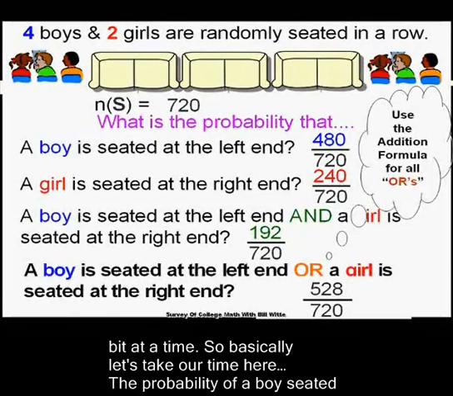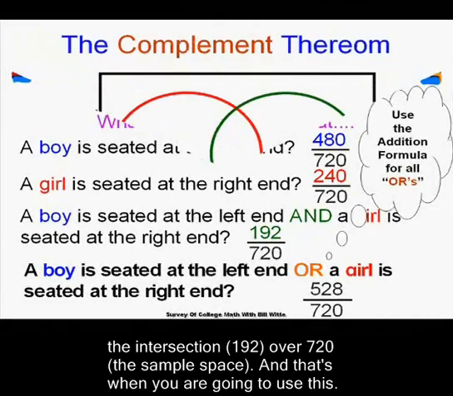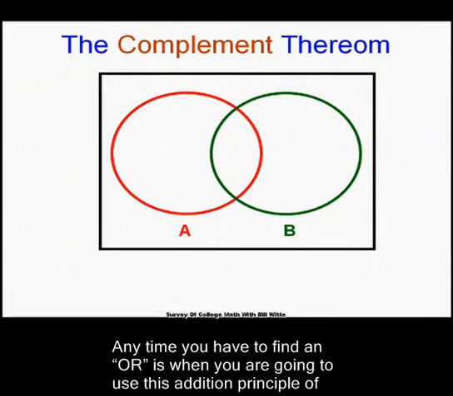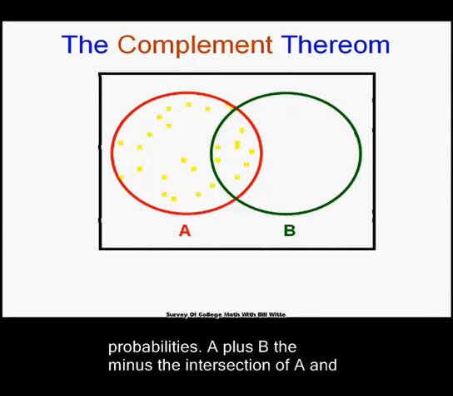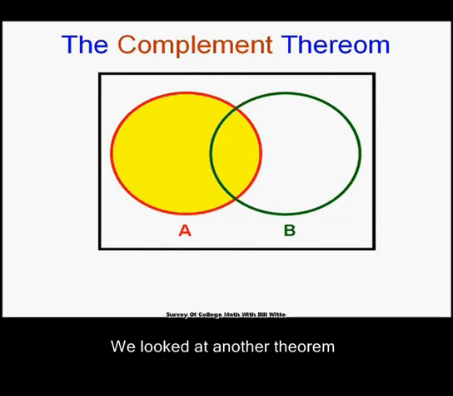So we can use this addition formula, and you will use it anytime you have an OR. Be very useful. Then there was the complement theorem. Do you remember the complement theorem and what we knew about a full sample space? If that was set A, its complement, everything but A,